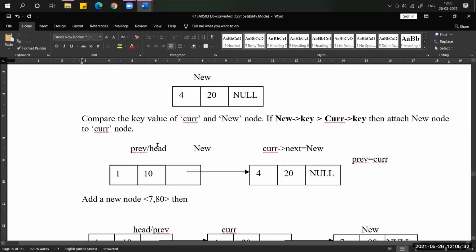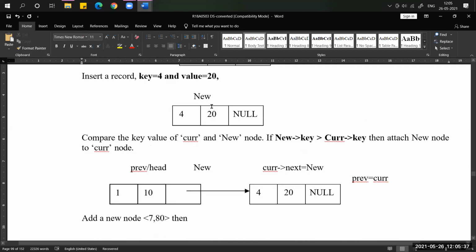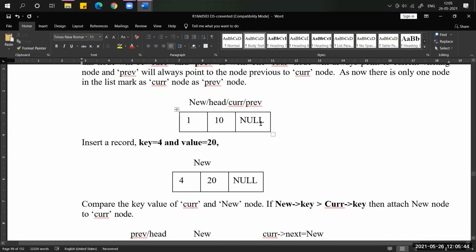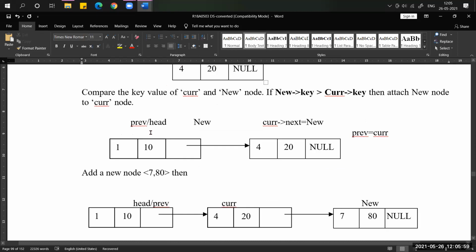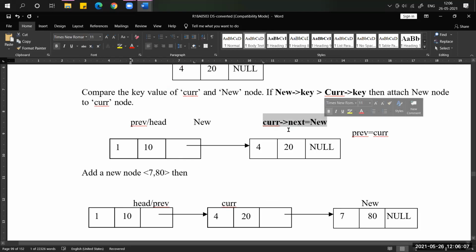So our link field. Which one is the current node right now? Previously, this one is the current node. At the current->next field, at this location, we have to store the address of the new node. That is what this picture represents. So what is the line we are going to use? current->next = new.